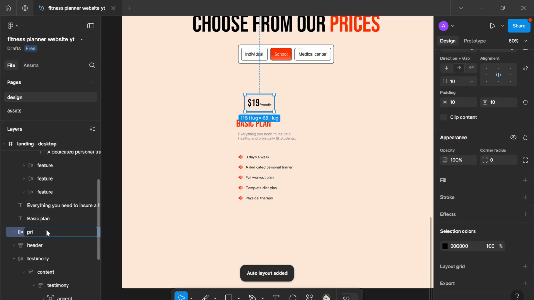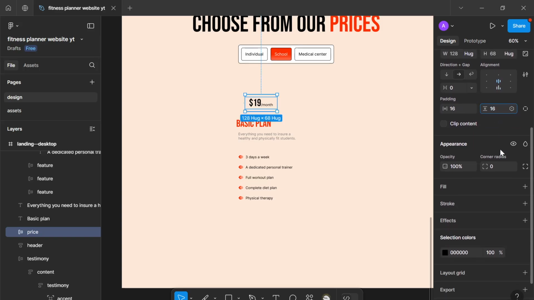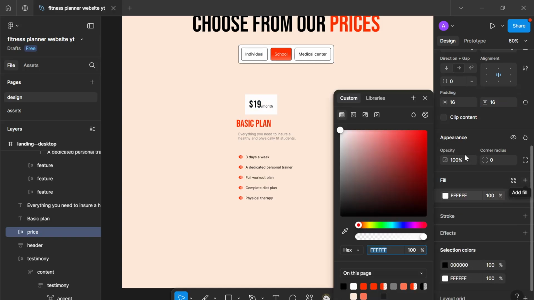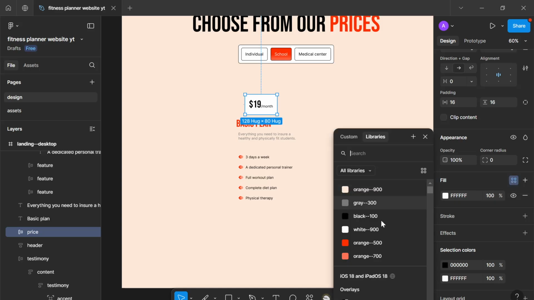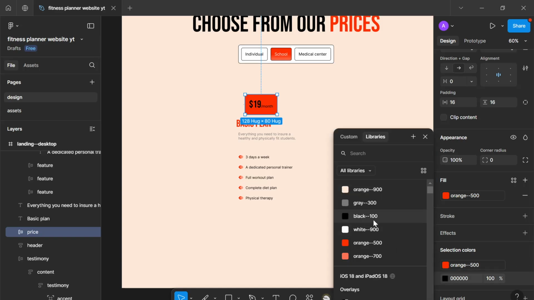I'm going to call it price. I'm going to give it zero gap by and a 16 by 16 padding, followed up by giving it a white fill. And actually, I want the fill to be here. I want it to be the orange color. And I want the black text to be white. I want there to be